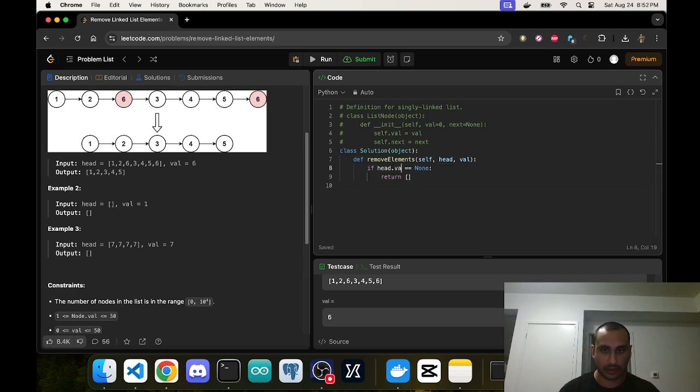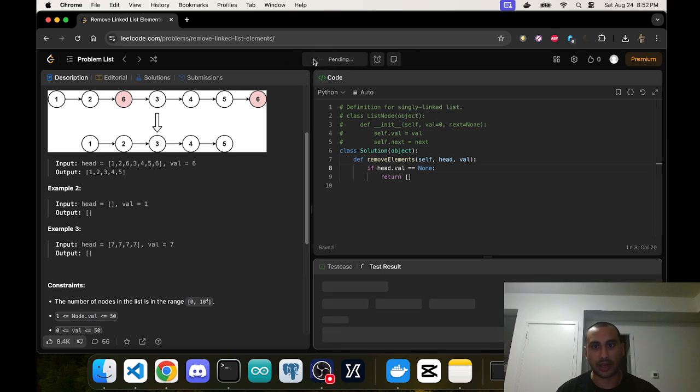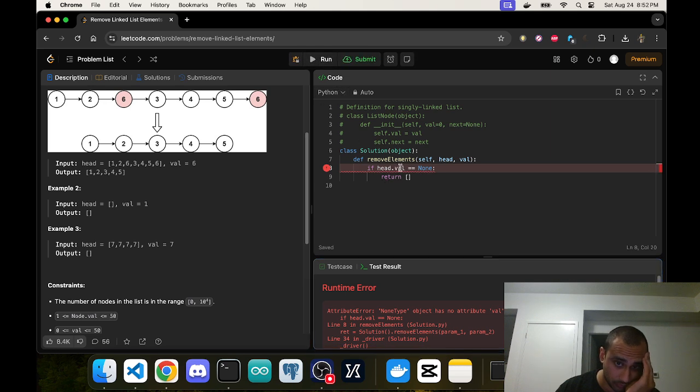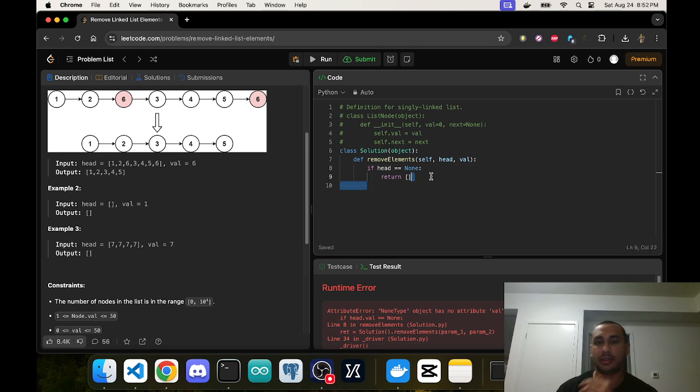Do I have to go .val? Okay, if head.val is equal to none, yeah, so if head is none, there's going to be no head.val. So if head equals none,